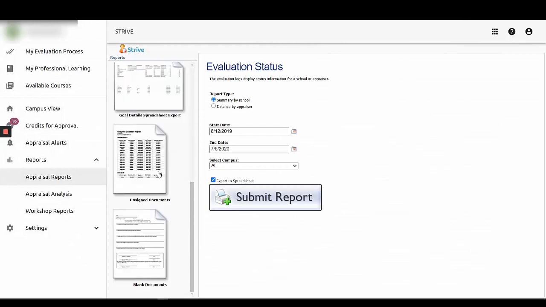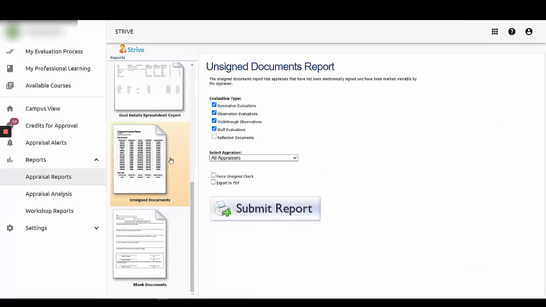and come over to my unsigned document report. And when I select my unsigned document report, I'm interested in just the summative evaluation, not the staff eval, not the walkthrough, and not the observation. I want to force the unsigned check, and I'm not going to export to PDF. I want to keep it as a spreadsheet. So when I click Submit,